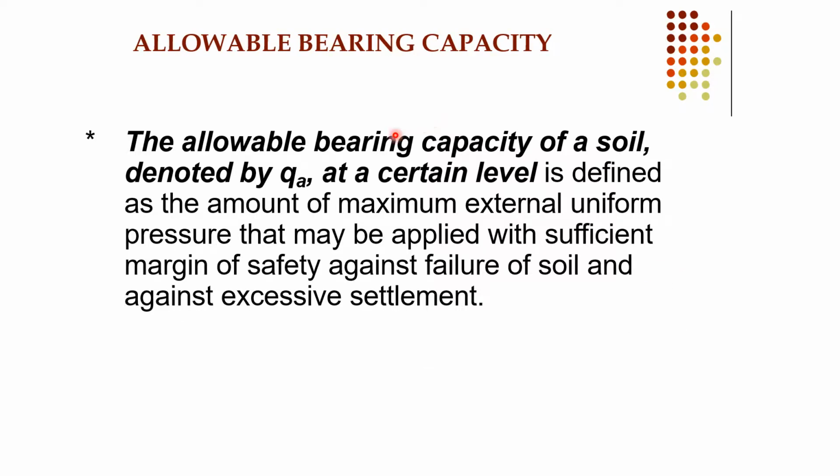Allowable bearing capacity. The allowable bearing capacity of soil, denoted by QA at a certain level, means at whichever location you are going to construct your foundation, from the ground level 1 meter below, 2 meter below, 2.5 meter below. The allowable bearing capacity of soil denoted by QA at a certain level is defined as the amount of maximum external uniform pressure that may be applied with sufficient margin of safety against failure of soil and against excessive